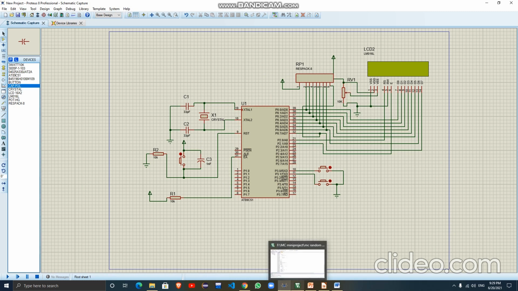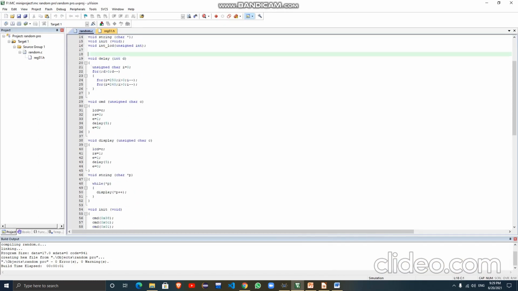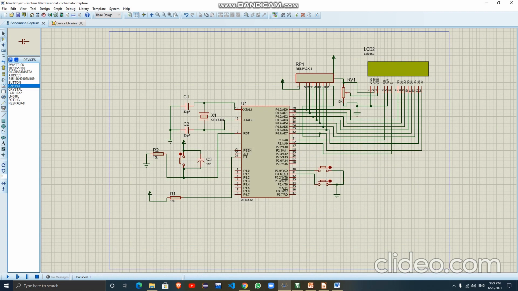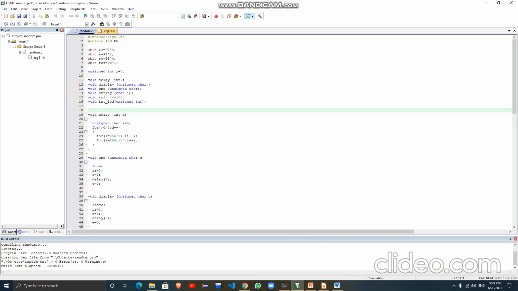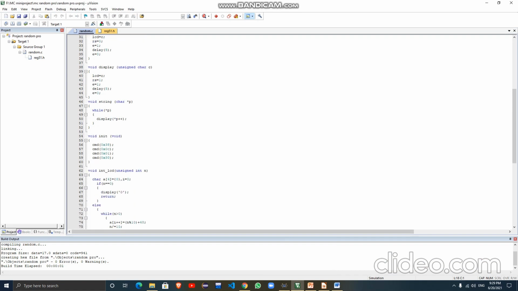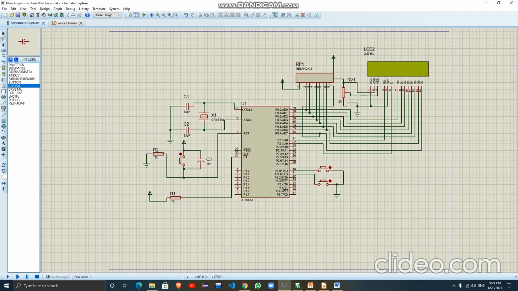Now, how I wrote this program. Sorry, I should have explained it before, but I will explain it now. This program will initially take a count variable of type integer and initialize the LCD in 8-bit mode. We already connected the LCD in 8-bit mode. Now take an infinite while loop, and increment the value of the integer until the button is pressed. This is the logic. Now I am only explaining the logic.